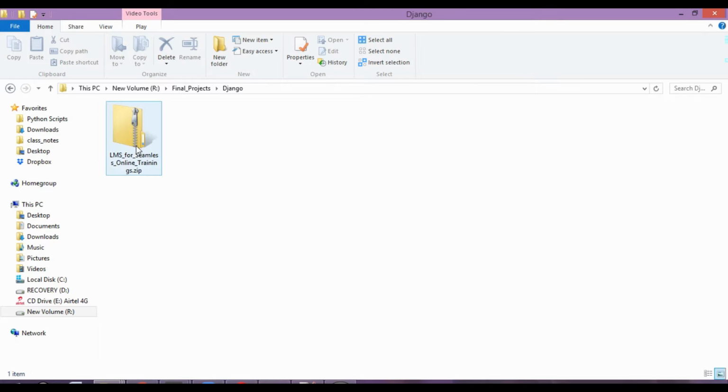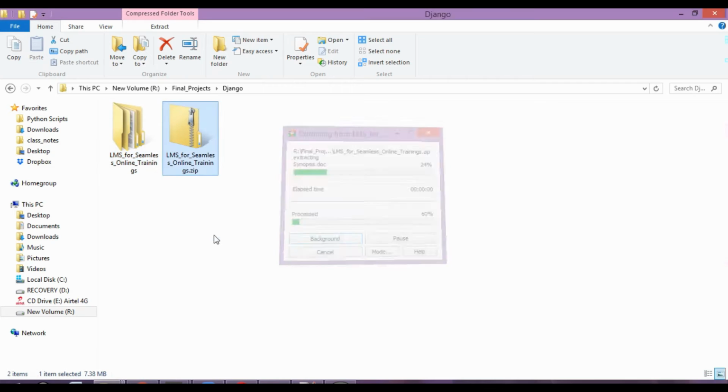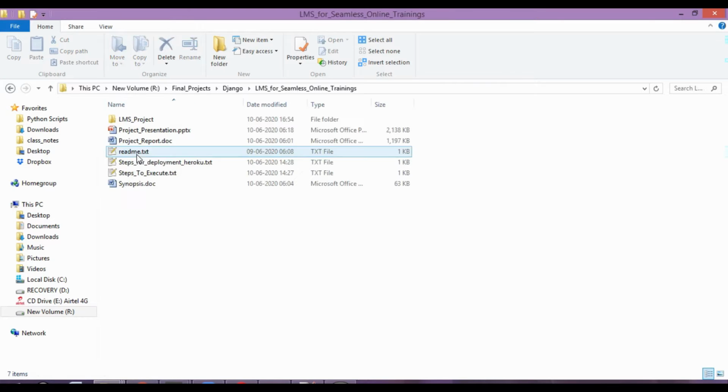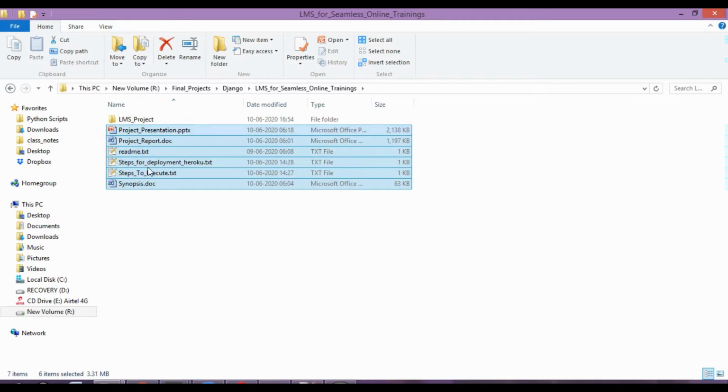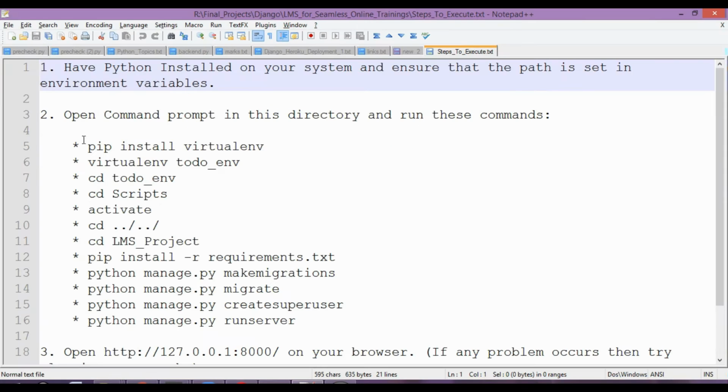So first and foremost, what we'll do is we'll right click on here and we'll click extract here. So what this will do is this will create a folder for me. In this folder you've got some files. You've got project presentation, report, readme, steps for deployment on Heroku, and steps to execute. Okay, so if you click on steps to execute, over here you'll see all the steps are written properly, whatever